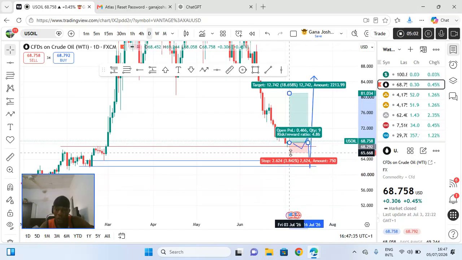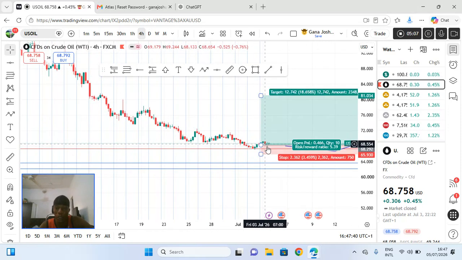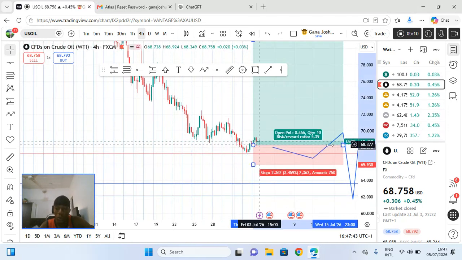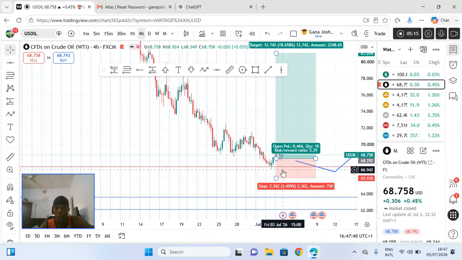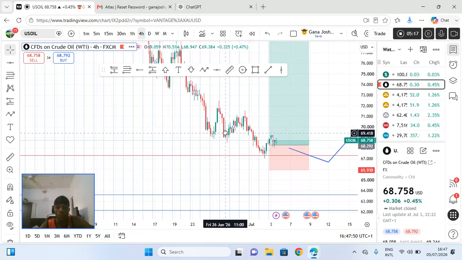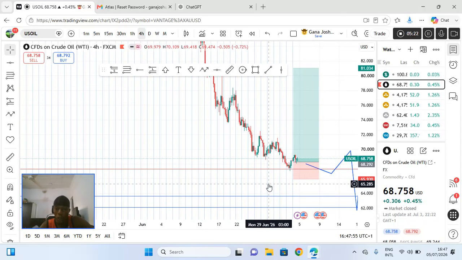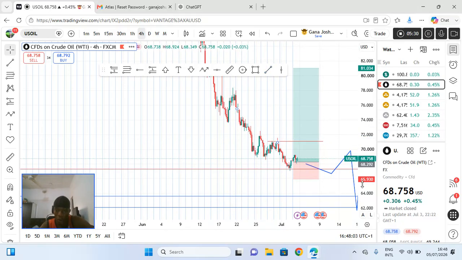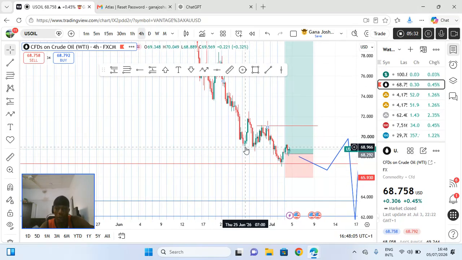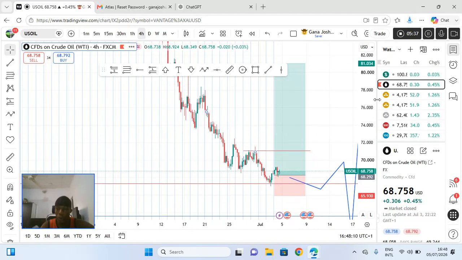I don't trade it because it has a lot to do with the Strait of Hormuz, and that is a very unstable situation where today they are in peace talks, tomorrow the peace talk is not getting anywhere again, and it's been affecting so much. So that's why I just analyze until the Strait of Hormuz has some sort of agreement that makes sense, where we can tell what's going on. That's when it will be advisable to trade this. So that's it for oil. Let's see what happens as the week goes.